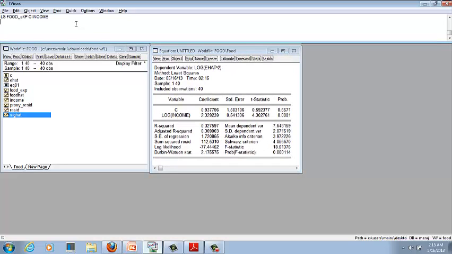Now we are going to generate two series. The first one is series, and we can also use the generate command.